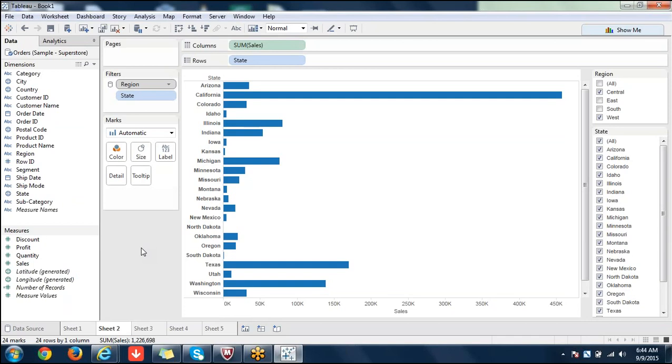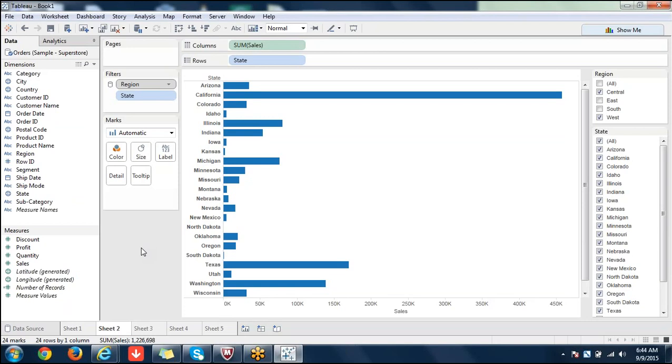Global filter is not any type of these filters. A global filter is a filter applied to all worksheets. Instead of adding the same filter again and again in each and every worksheet, you just say apply to worksheets, so it will apply by default. So it's just the same as any other filter.